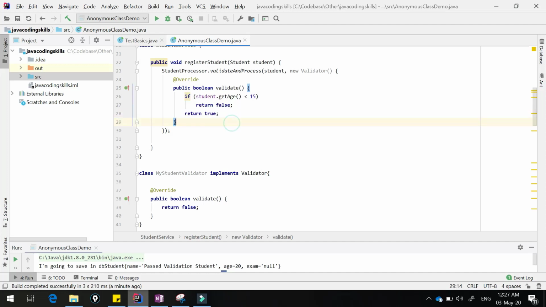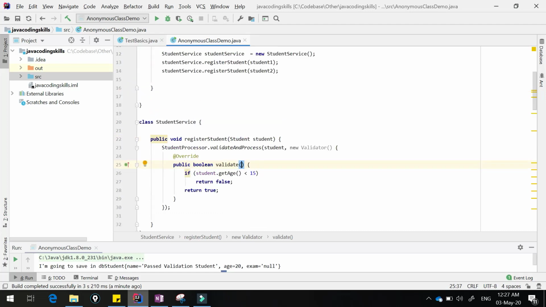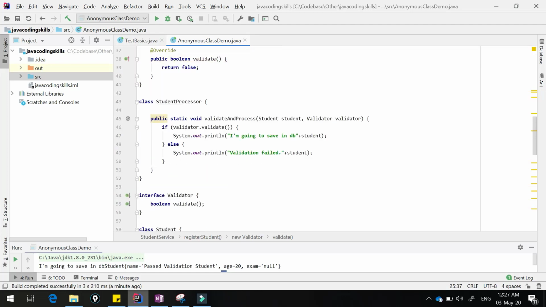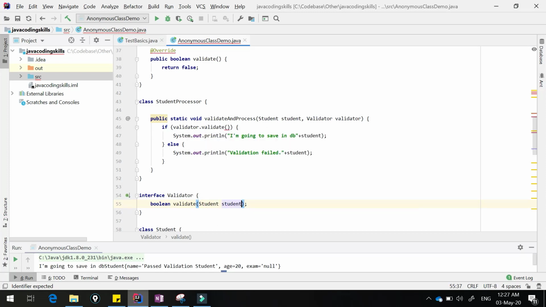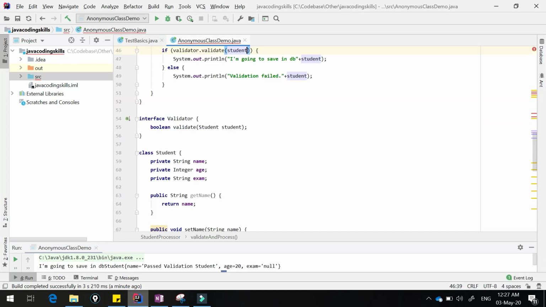For that we have to pass this student in this method, right? So we have to design it in such a way. Let me quickly change it. Here we have to pass the student, something like that. Okay, fine.